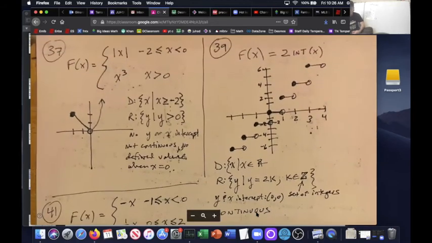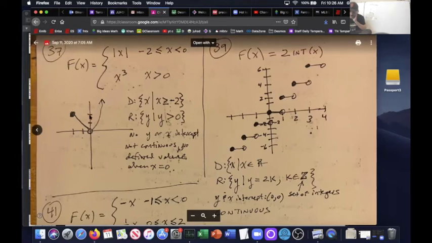All right, and then again, here we have another discontinuity, break in the graph with no valid value for similar reasons. So we got our absolute value on the left and our cubic on the right. And so I'm just sketching this. That's all it's asking you to do, right? And so since there is no